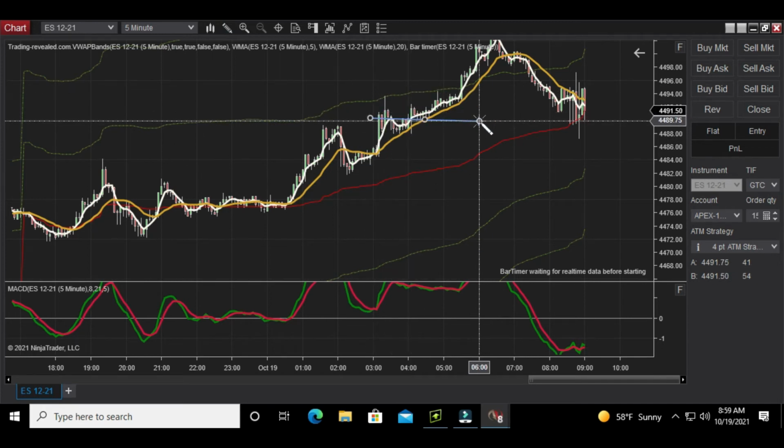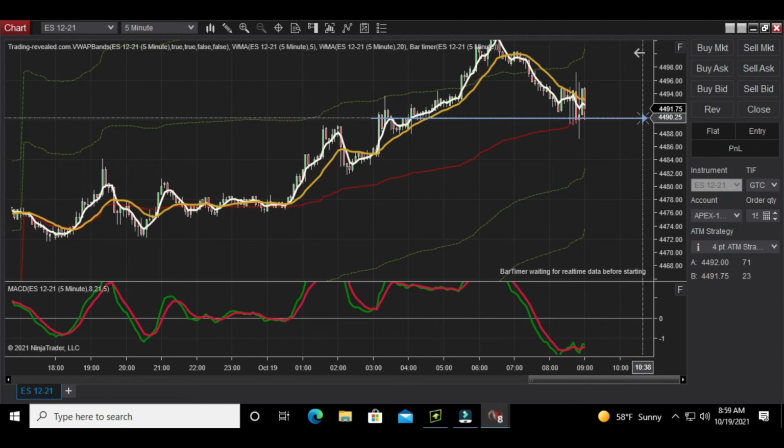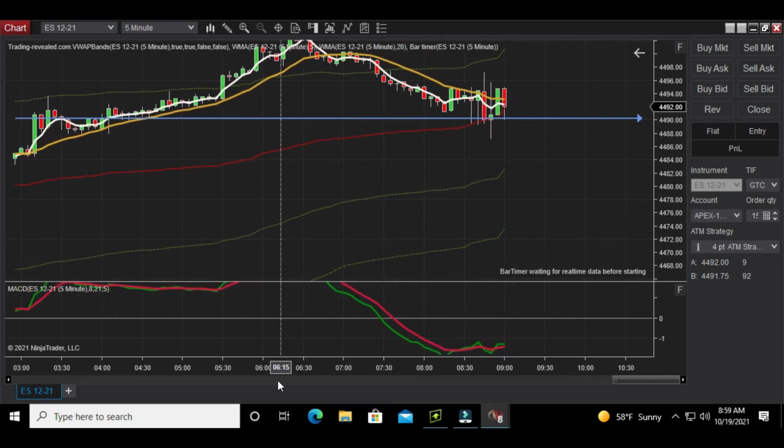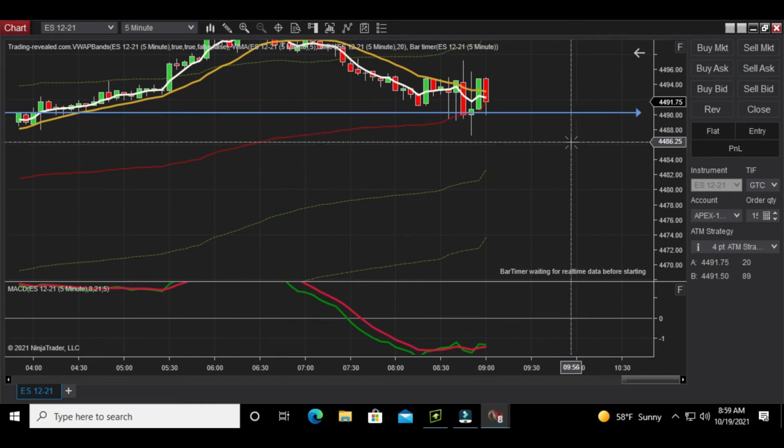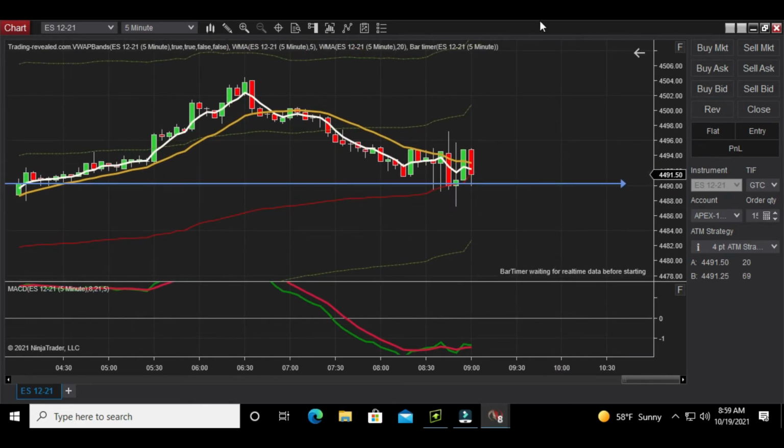So like I said, I bounced around a little bit and played around with the stochastic RSI, trying to catch some kind of indication of a possible movement in my favor. It looked like before 6:30 in the morning we were in an uptrend. Then it trended downwards a little bit, but whenever I drew this arrow here, it looked like a very strong support. Price was really having a hard time getting below that support, so I didn't think the price was going to go below